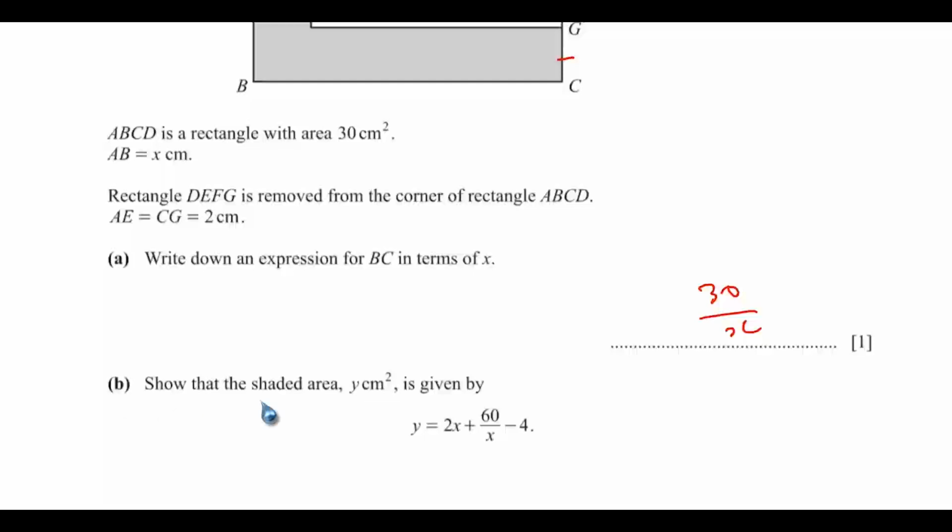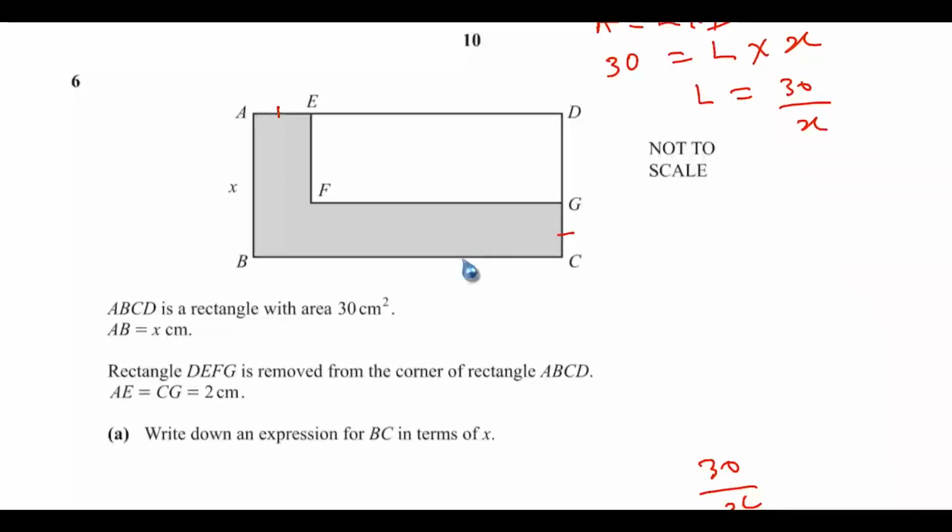Then part B: show that the shaded area y centimeters squared is given by this. To get the area of the shaded portion, you have to subtract the area of rectangle EDGF from the area of rectangle ABCD, then you'll be left with the area of the shaded portion. Since we've been given the area of rectangle ABCD to be 30 centimeters squared, we are okay with that. The next thing is to calculate the area of rectangle